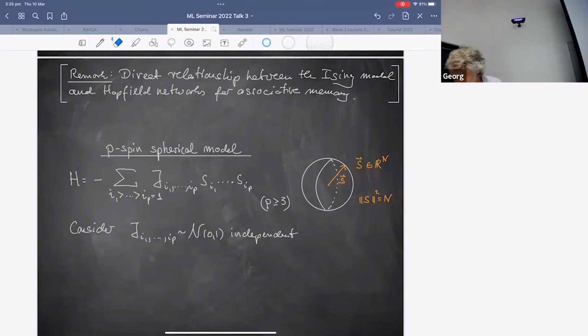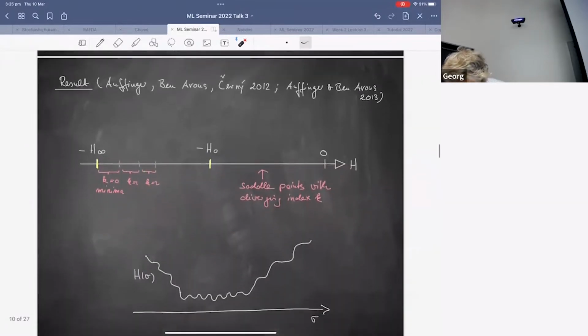Okay, so that came up from physics, and all this that I just told you about, why people were interested in this Ising model, is completely irrelevant for what we're going to discuss. There are no phase transitions or anything, but there is a connection between this Hamiltonian of a p-spin spherical model and the deep network that I'm going to establish now. It's going to be painful. Okay, but first the result.